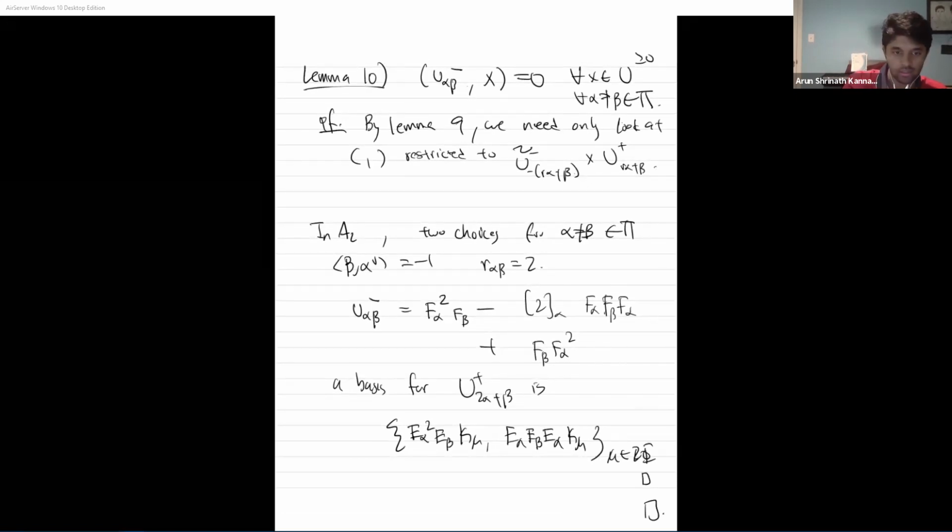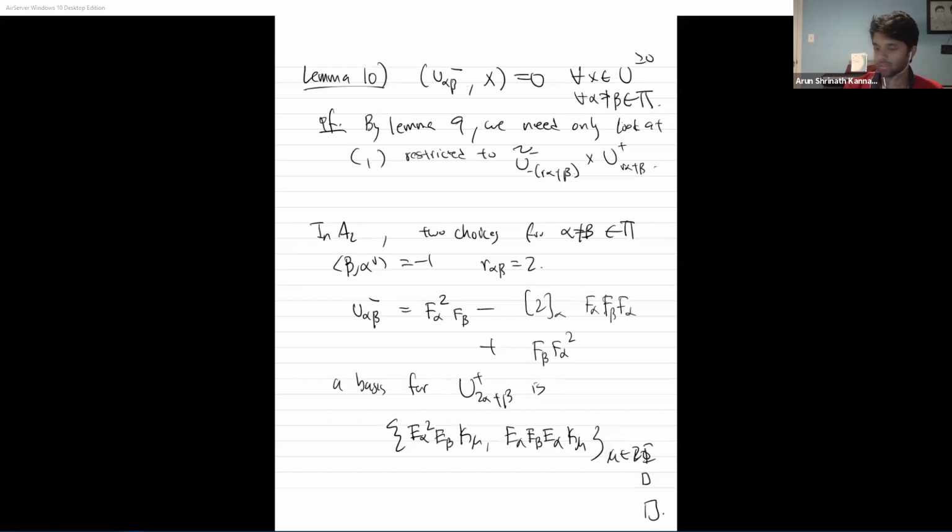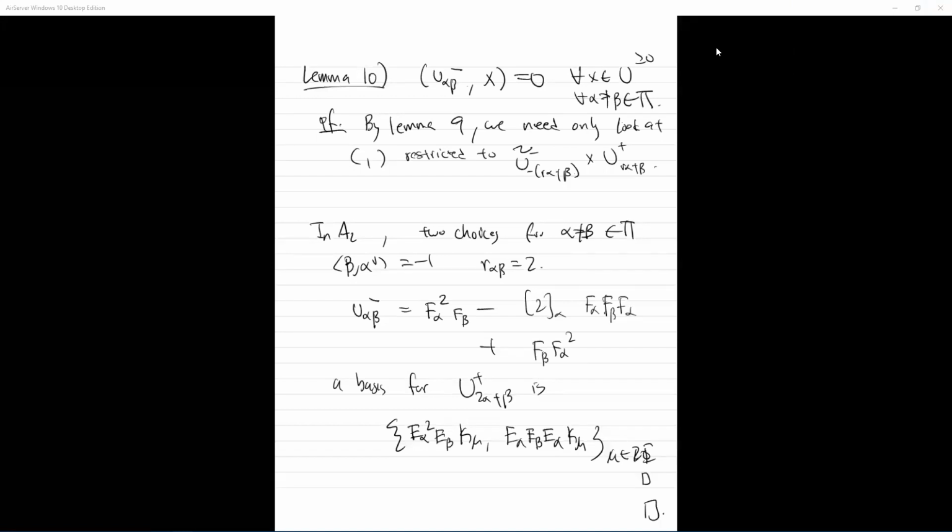Are there any questions? Yeah, I forgot the formulas for the pairing, but if I restrict this pairing to the E's and F's and K's, and then I take q to 1, would I get something familiar, like the Killing form? I don't know, maybe. The answer is no, because you don't have any pairing on the universal enveloping algebra in the classical case. Yeah, but I'm just looking at the E, F, and K though.